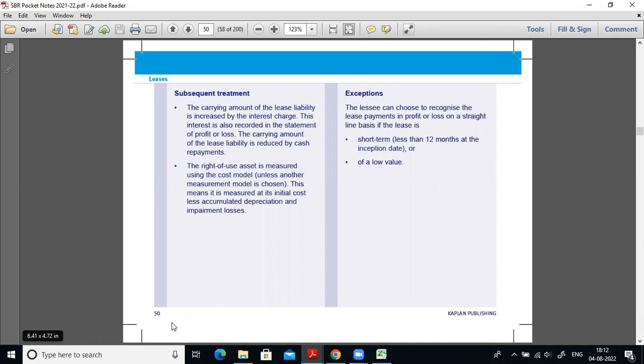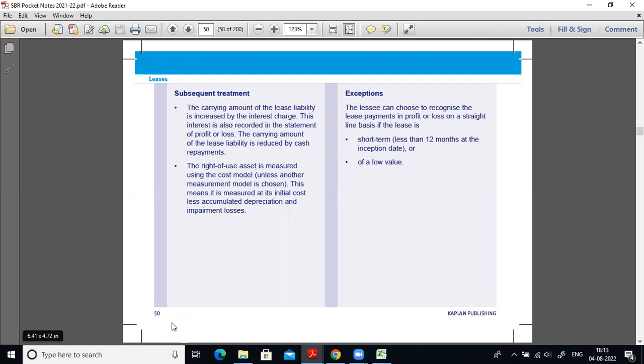Another important version for the low value asset is it also states that if the economic benefits which we receive from that particular leased asset is not significant, of course, it is not included here, but there is a proposal to include that particular point also. If the economic benefit from that leased asset is not significant, then you can consider it as an exempted asset. It means instead of recognizing it as an asset, you can simply recognize the lease rental as an operating expense. It makes sense also, right, participants?